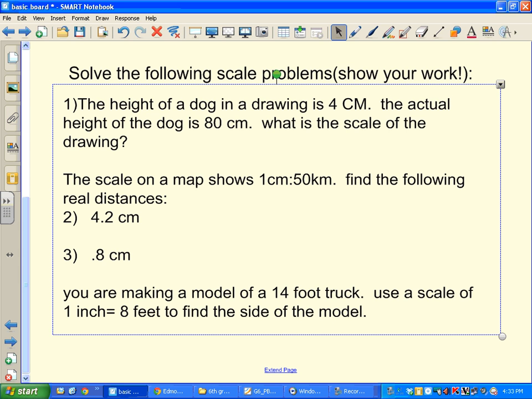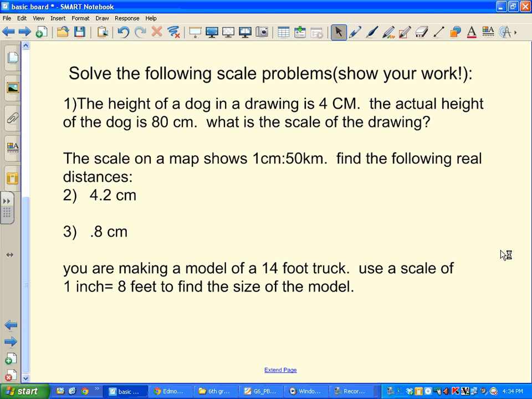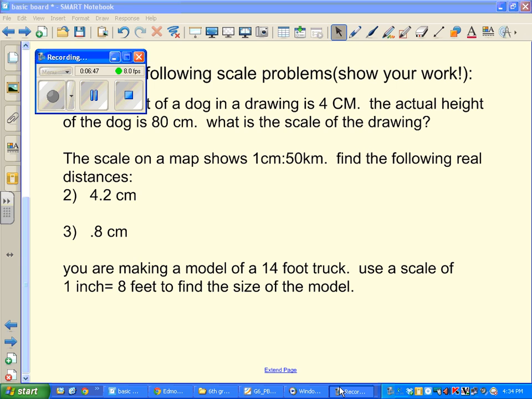The scale on a map shows 1 centimeter equals 50 kilometers. Find the following real distances. This is incredibly easy if you know what you're doing. If you are making a model of a 14-foot truck and you want to use a scale of 1 inch to 8 feet, you need to find the size of that model. Oh, not the side of that model, the size. I'm such a poor typist. Use a scale of 1 inch to 8 feet to find the size of your model. Okay, ladies and gentlemen, go ahead and